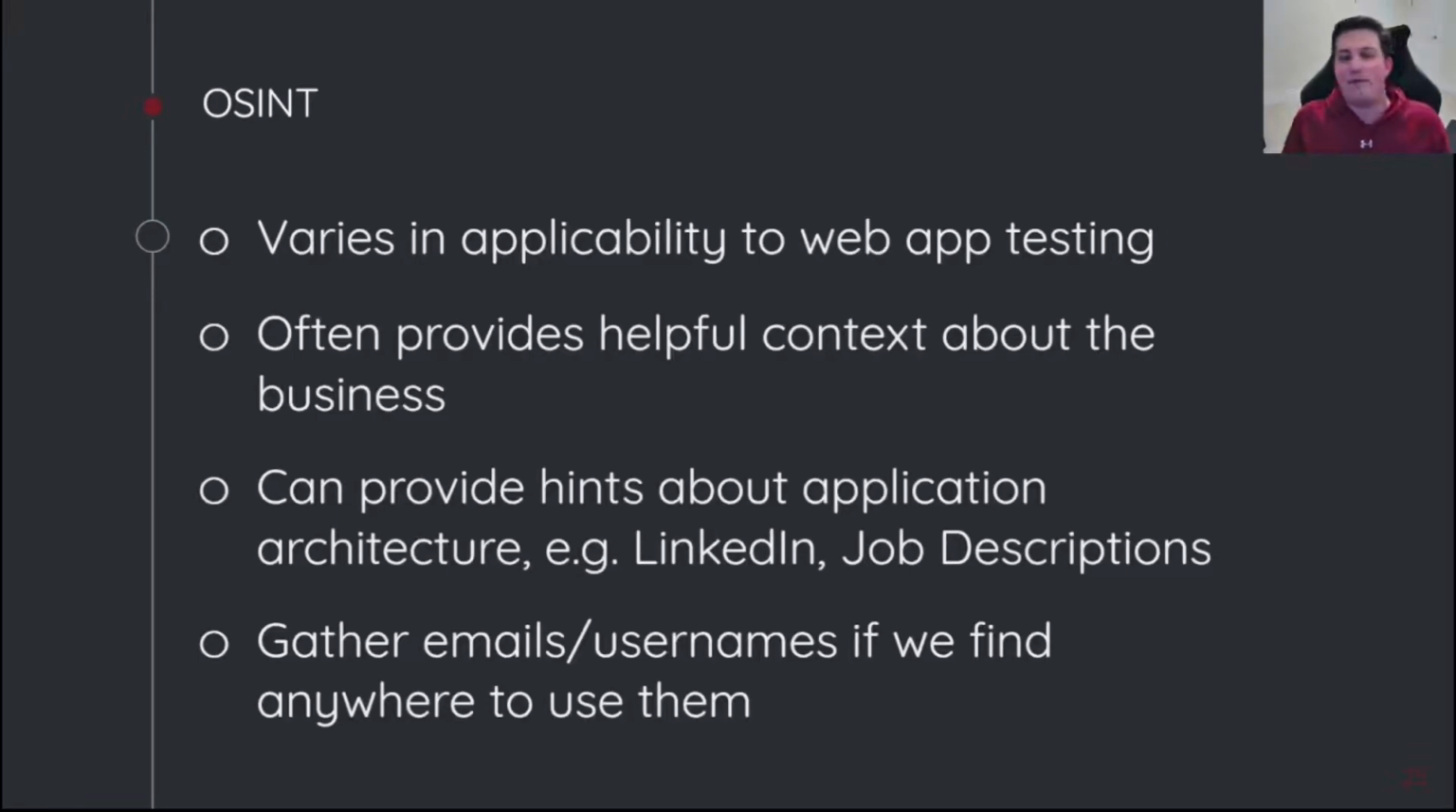Otherwise, it often provides hints into application architecture as well. So when you're doing OSINT, maybe you want to look at LinkedIn or job descriptions they have posted to help fill in some of the blanks as far as what application architecture you're looking at. This could give you some indication of what types of operating systems are in use, whether they use any containerization like Docker or Kubernetes. And it could fill in some of the blanks if we don't find that information at